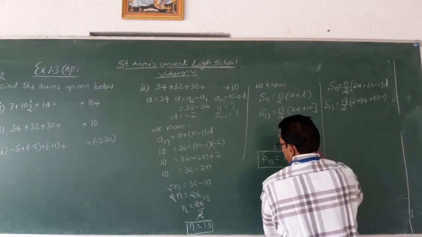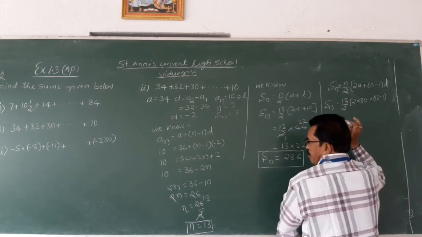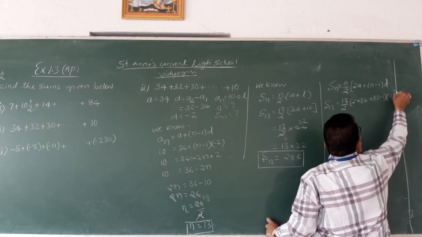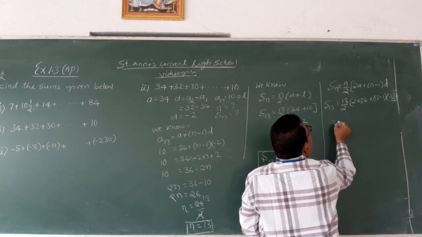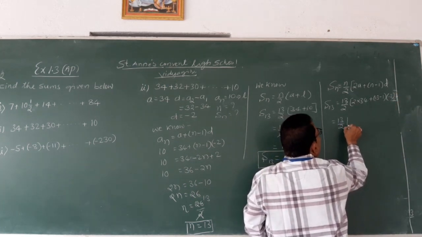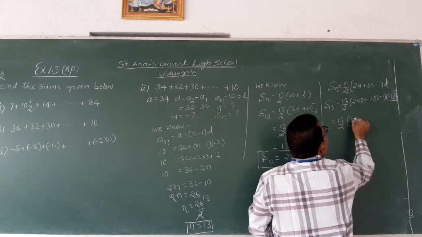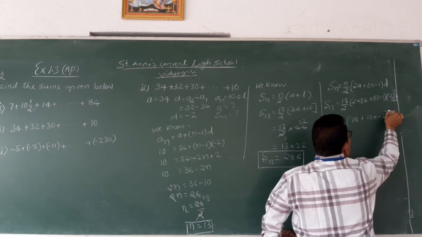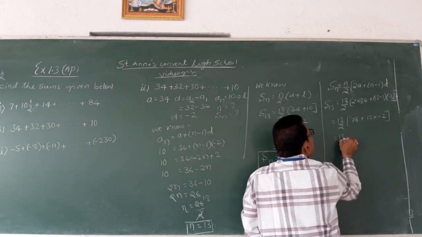How much did we get? d is minus 2. 13 minus 1, d equals minus 2. Then 13 by 2 in the big bracket 68 plus 12 into minus 2. That is 13 by 2,